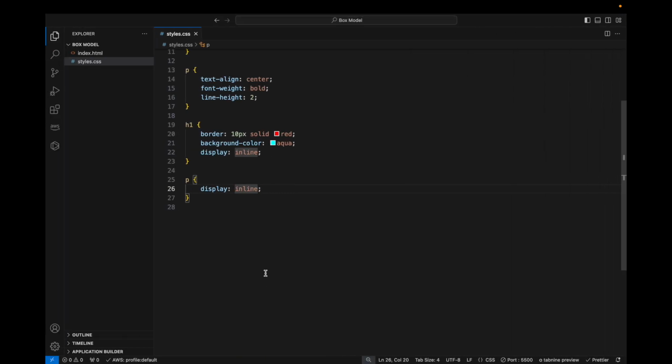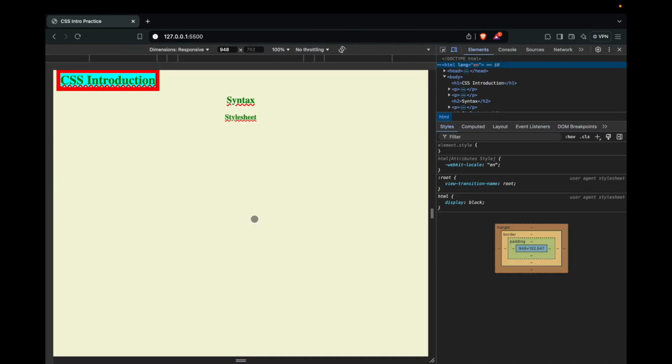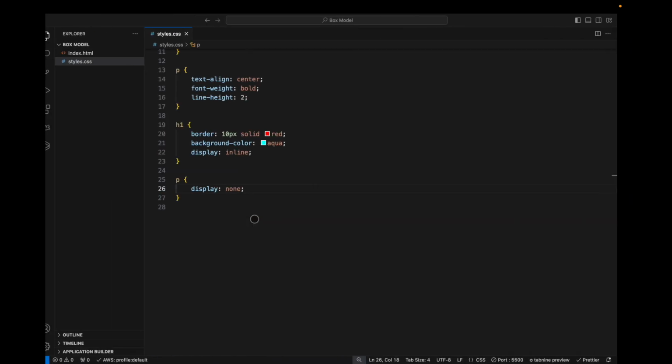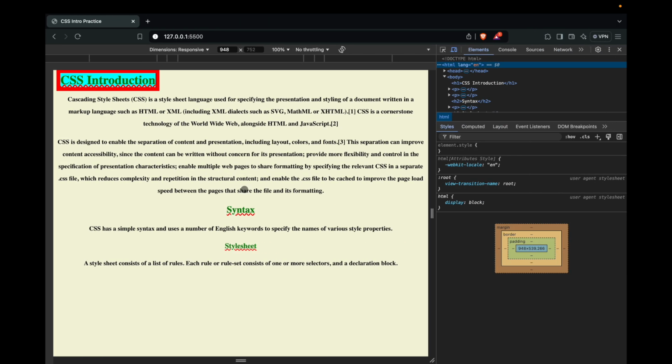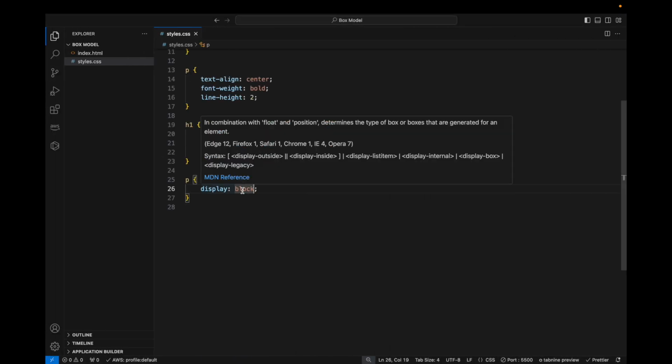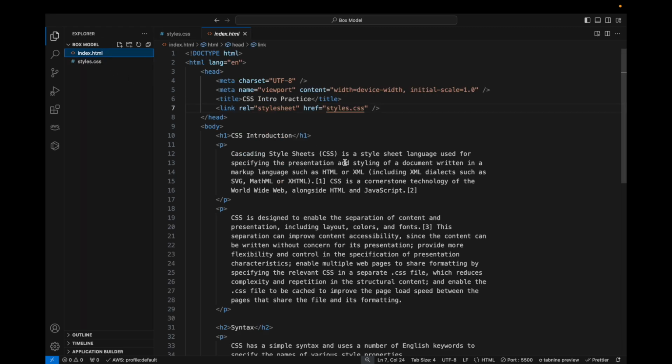Now, before that, there's even another value that we have, which is called none. So if you use none, it will just make the element disappear, or it will just hide the element. So there are some values of display. You can either make it a block element as well. So now it will be displayed as a block element, or you can change it to inline, or you can have it as none. If you make it a block element, so for example, if I go to HTML